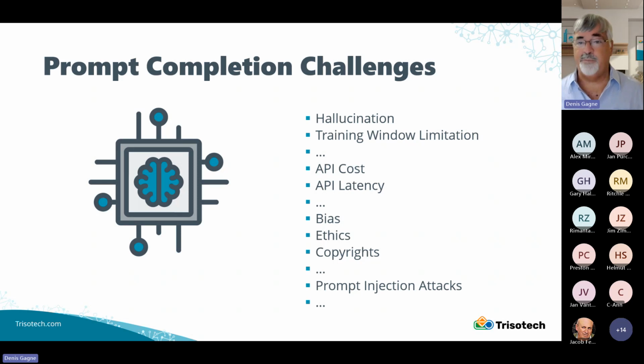From another perspective, the cost of the API is also a challenge, as is the latency of the API that you have to wait for. So if you're trying to build a system using these kinds of technologies that are exposed now, cost and latency are an aspect. And then there are all the ethical, bias, and copyright challenges. Plus, there are the bad agents' types of action, like prompt injection and attacks on your completion. So there are different challenges, but then again, they're not unbearable. They're all things that we can tackle and look at and see how we can improve on.